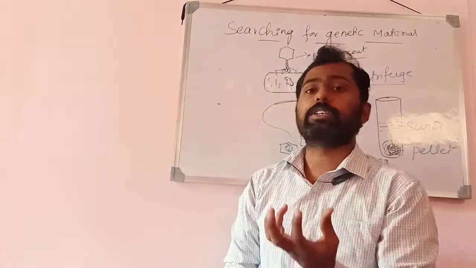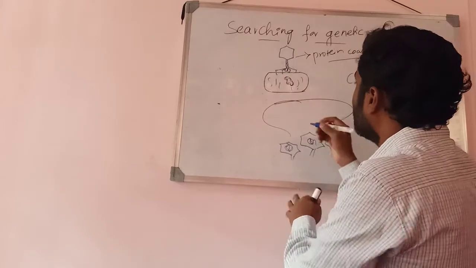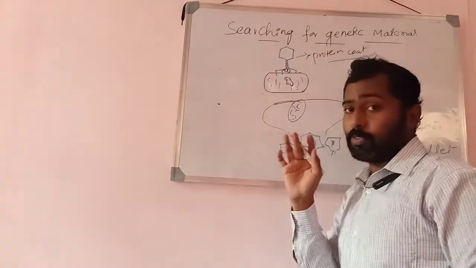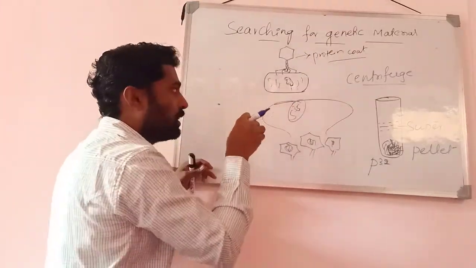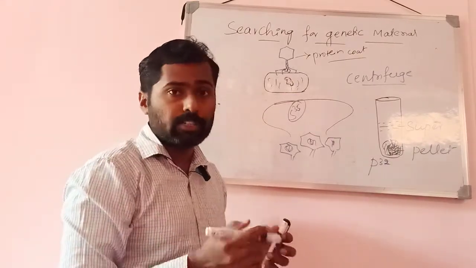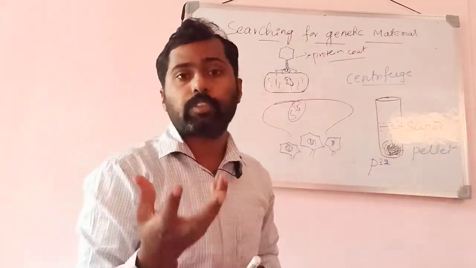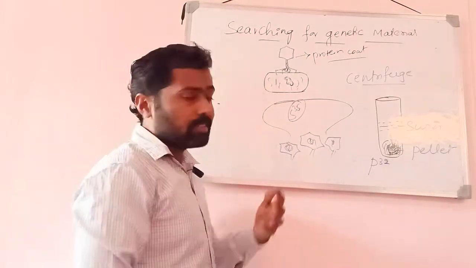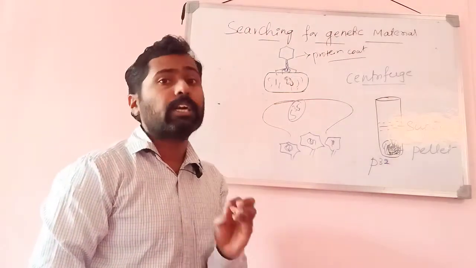Using the bacterial cell's metabolic machinery, the new protein coat is formed. For this new protein coat, there is no S35 in the bacterial cell, it was provided only in the media. But within that bacterial cell they use normal sulfur, isn't it? They use normal sulfur, not the radio-labeled sulfur. I said earlier that as soon as the bacteriophage enters, it uses the metabolic machinery of the host cell. By using that metabolic machinery they synthesize their own protein, but in the bacterial cell the normal sulfur is present, not the radio-labeled sulfur.